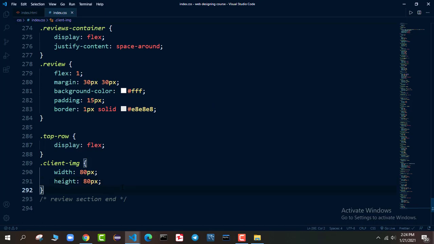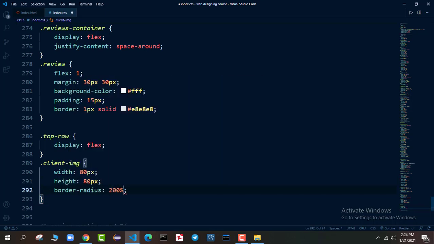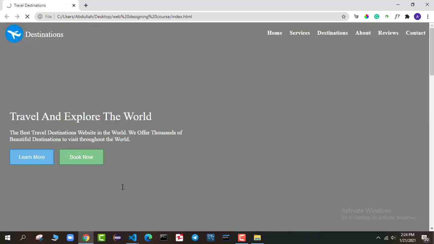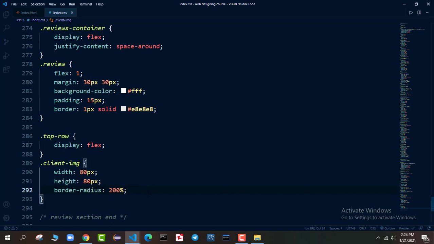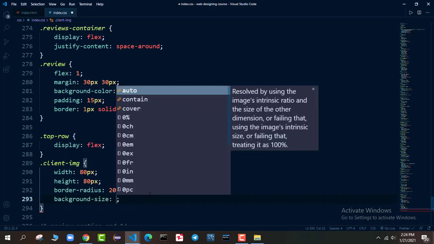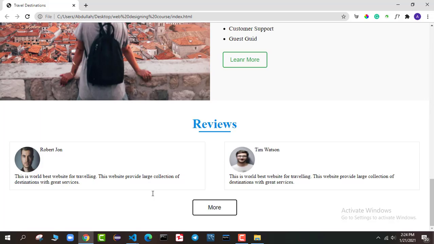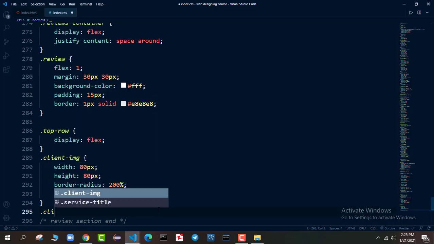Now after that I will say here border radius 200%, so there will be a circle, and I will say background size cover. So this is what we are getting for now, but after that we want to style our dot client name instead of client image.